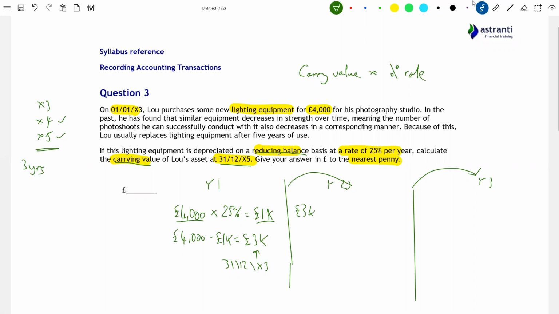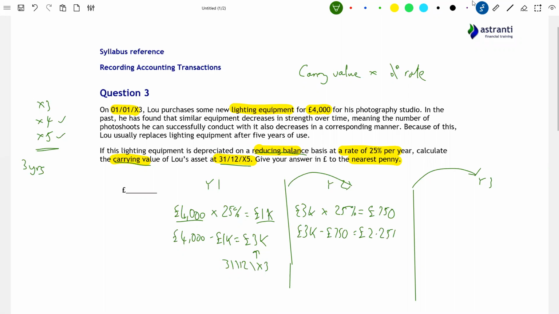Okay, so to calculate our depreciation for year 2, we multiply this carrying value again by our rate percentage of 25%, and this gives us a depreciation charge for this accounting year of £750. To find our carrying value, we then subtract this depreciation charge from the carrying value of the asset at the start of the year, which gives us a final carrying value of